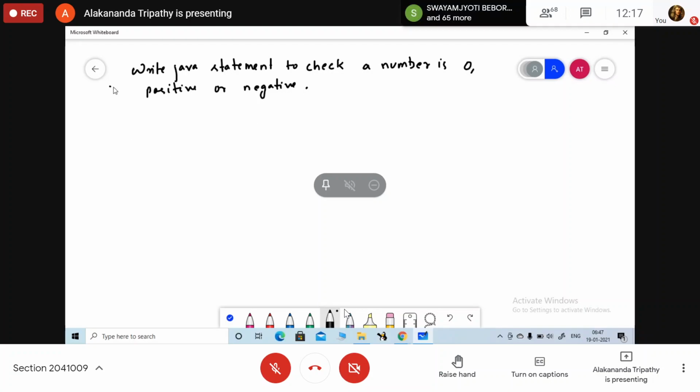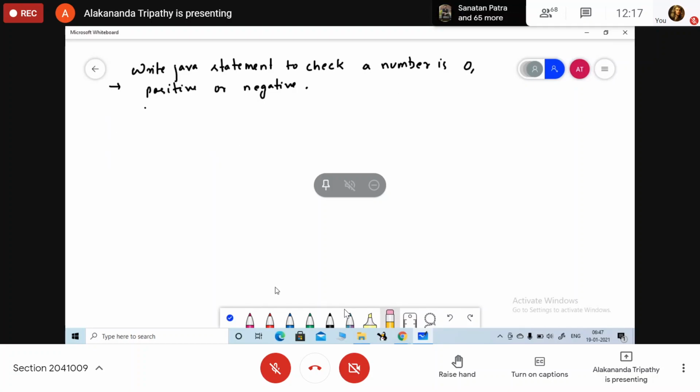Okay, this is the first part. The second part, just do this one. This one. Write a Java statement to check a number is 0, positive or negative.